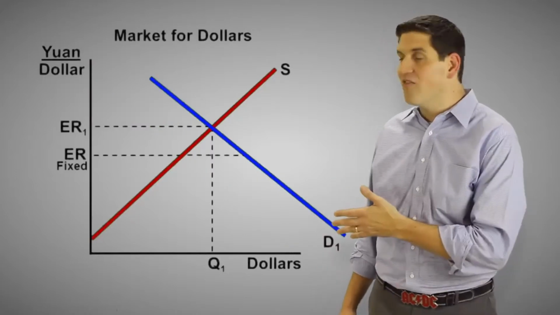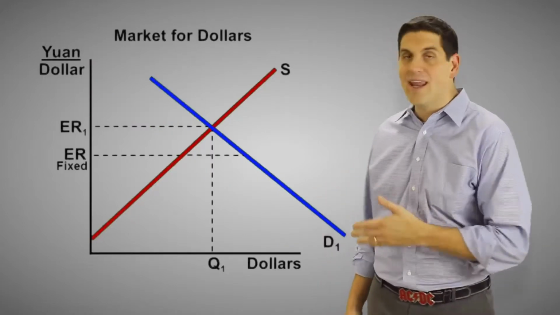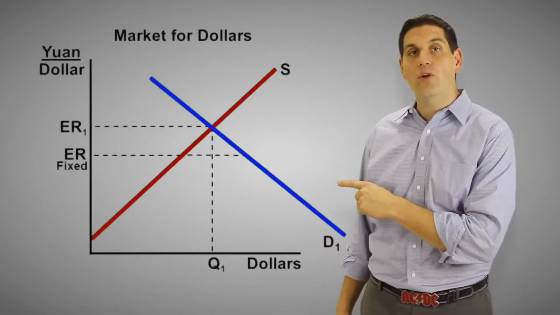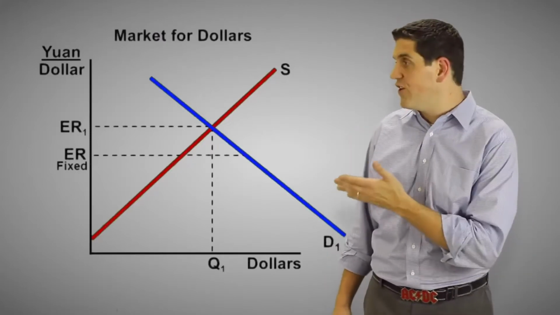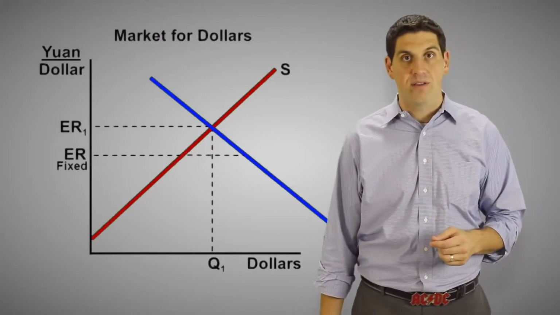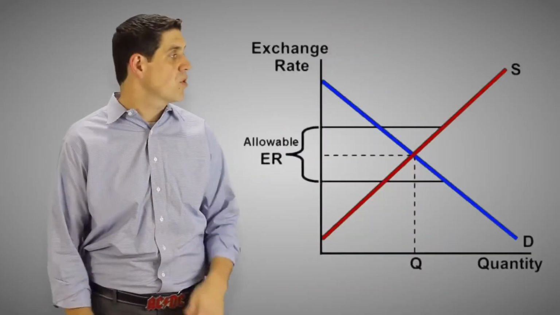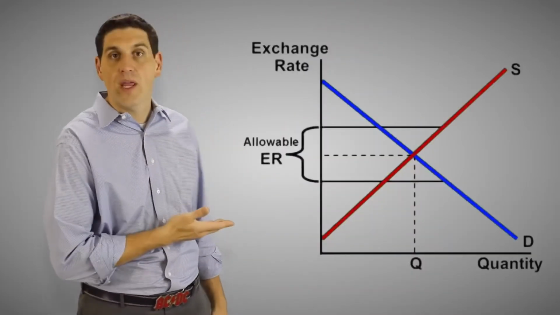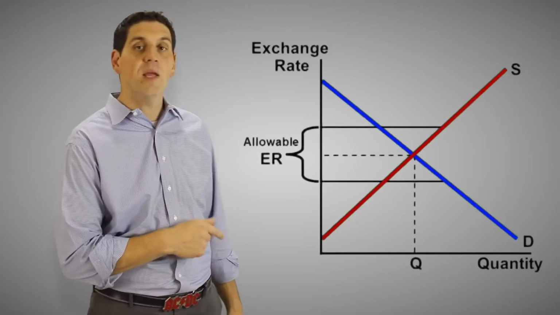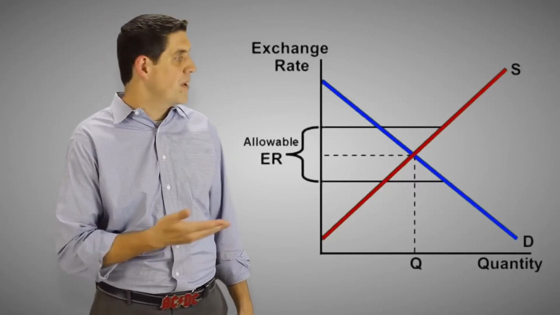In all three cases, the government is trying to manipulate the market to set exchange rates. And again, the government might want to do this because they want to keep exchange rates artificially low to increase exports. Now, in real life, the United States, Canada, and the UK all have floating exchange rates. Hong Kong, Argentina, and Bulgaria all have fixed exchange rates. And other countries have established some sort of range that the currency has to stay in between. So if their currency starts to appreciate or depreciate outside that range, the government gets involved. I hope this